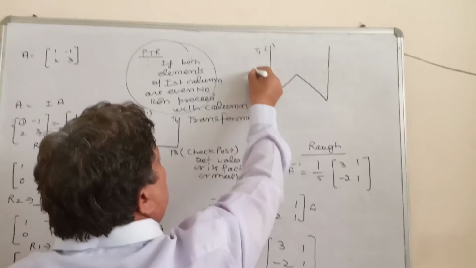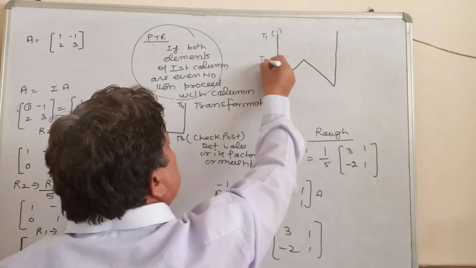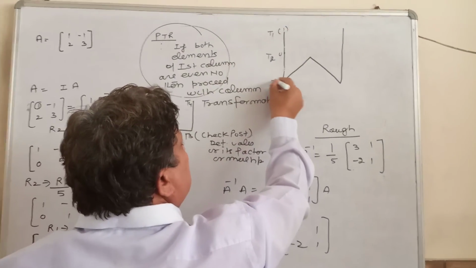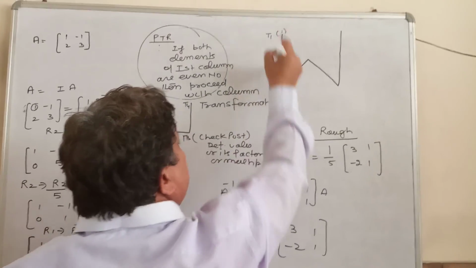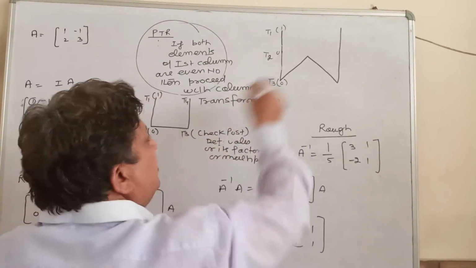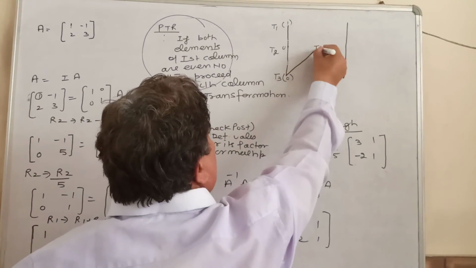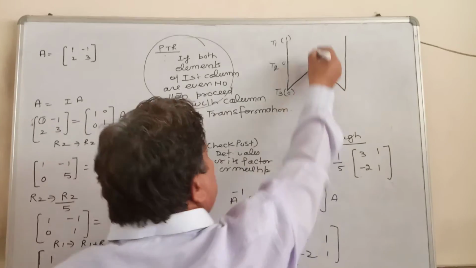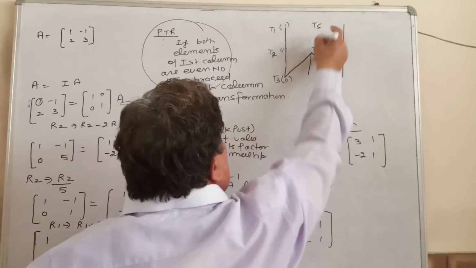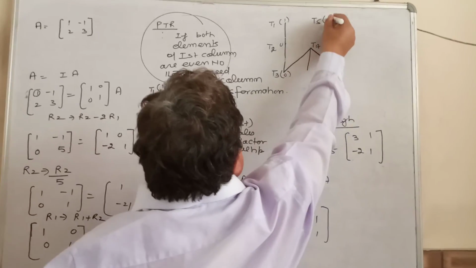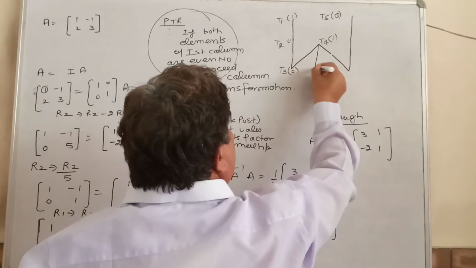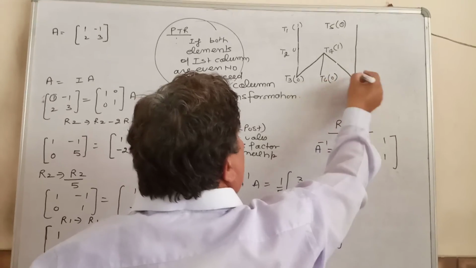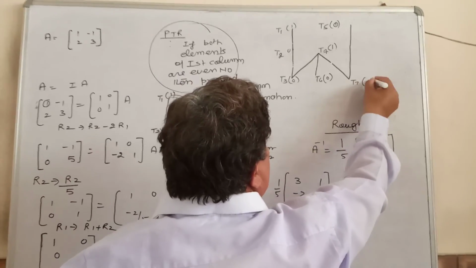Here you have to make 1, and target 2, here you have to make 0 with the help of target 1. This is target 3, again take the help of target 1. Now you proceed to target 4, that you have to make 1. Now you proceed to T5, that is 0, and target 6 is 0, and target 7 is the check post.